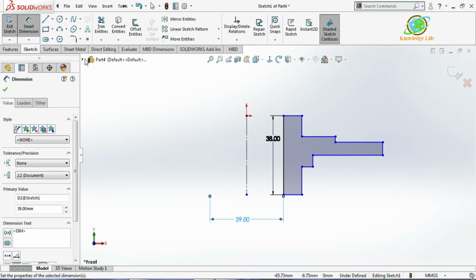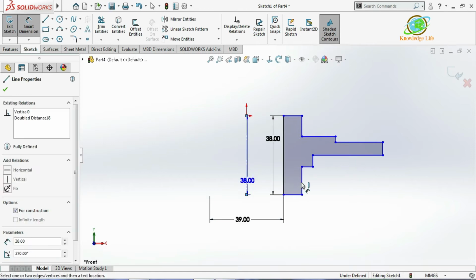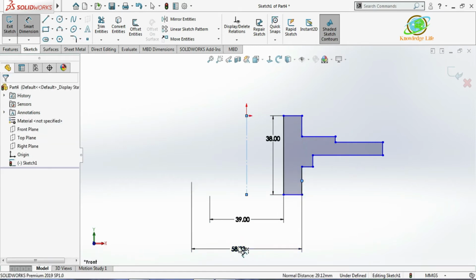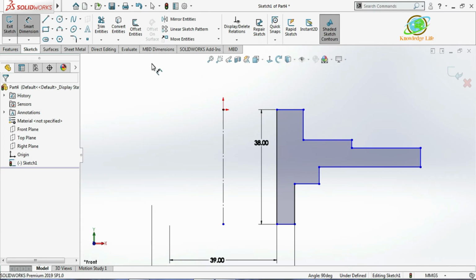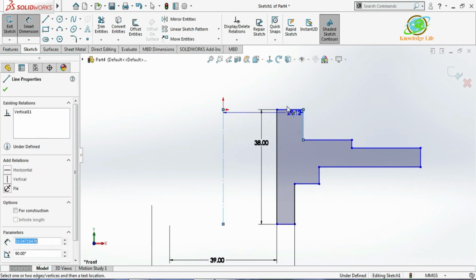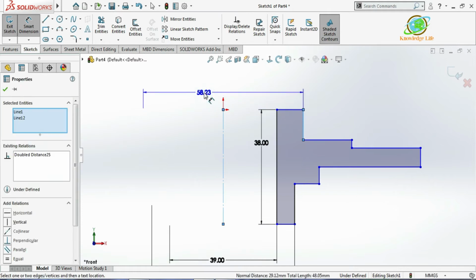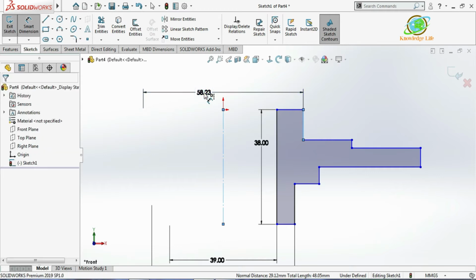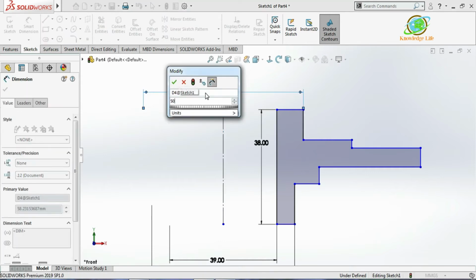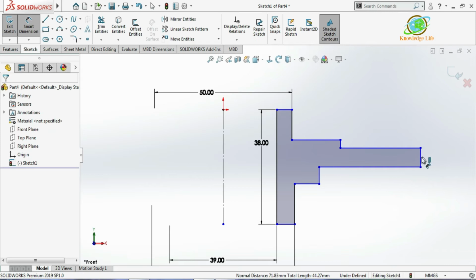In the same way I'll be giving for this, from here to here, having the diameter 52. From here to here I'll be giving the dimension, having the diameter 50. In the same way I'll be giving a dimension here which is 9.